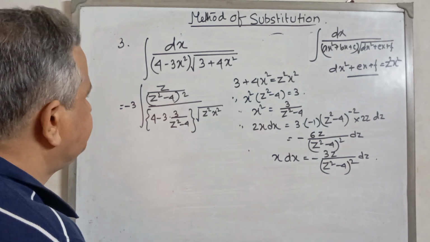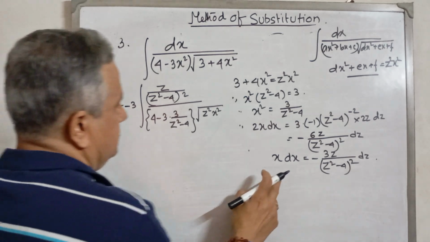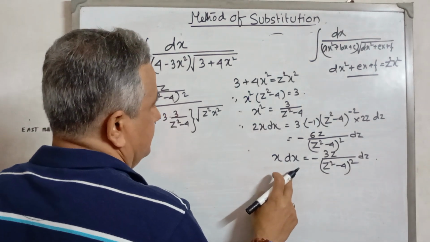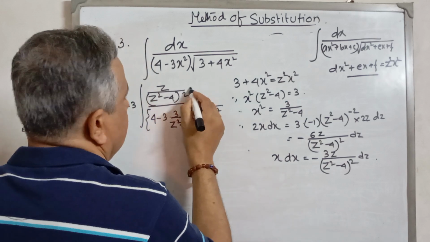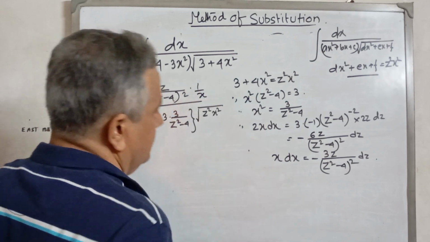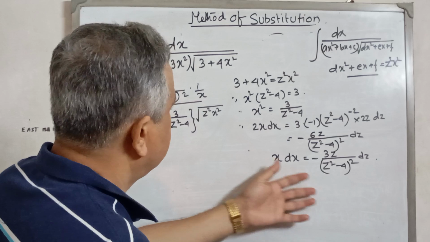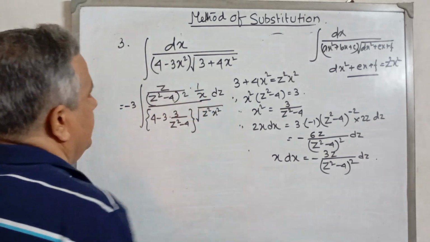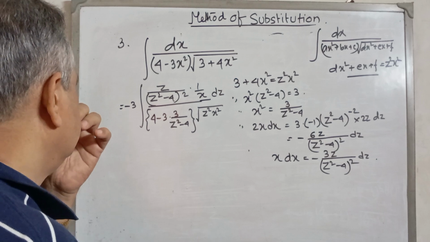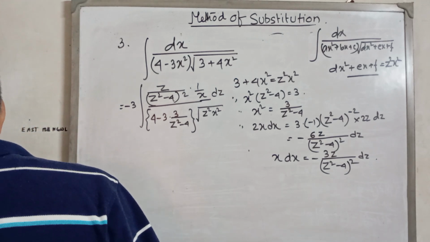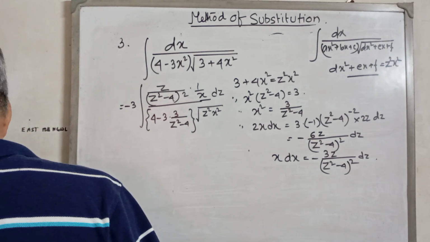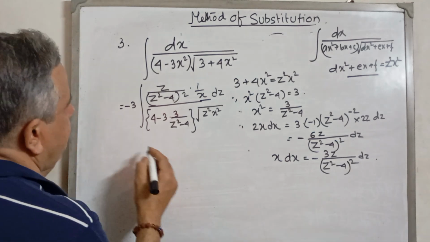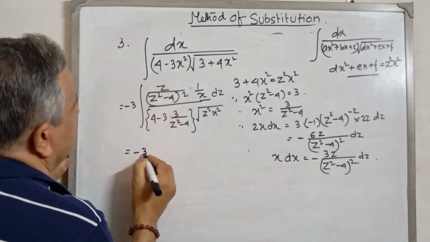Okay, sorry, here x dx, we have dx is 1 by x dz. Minus 3